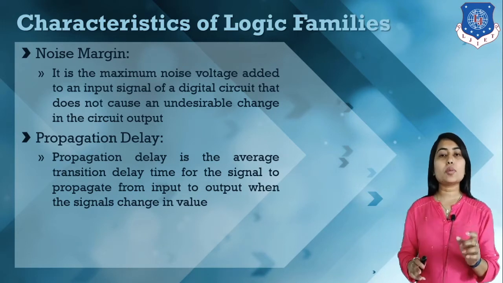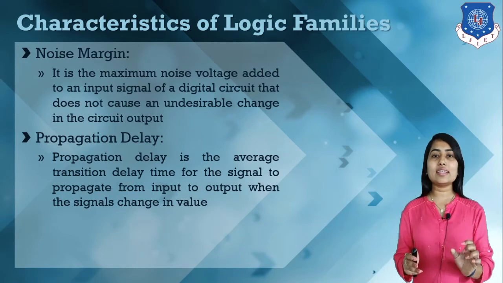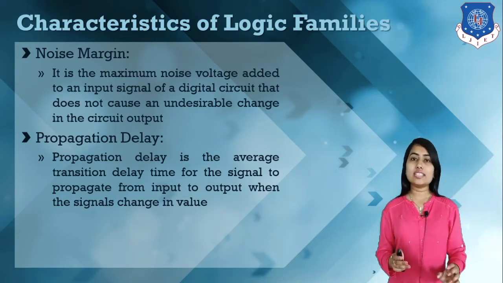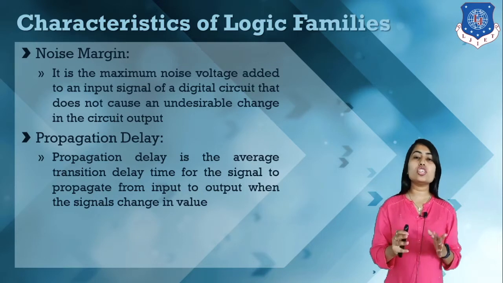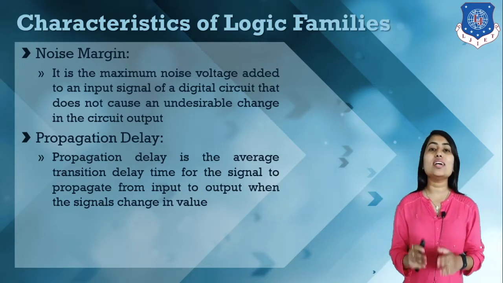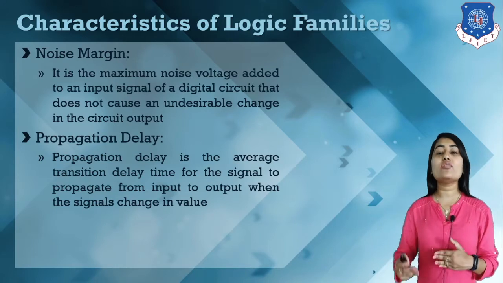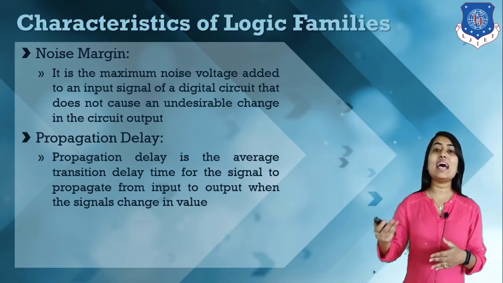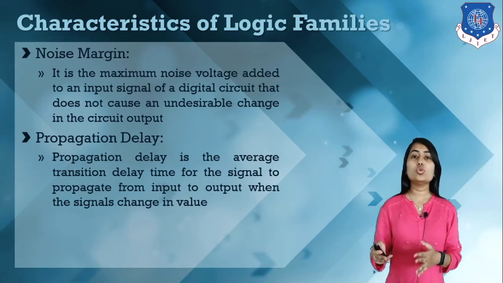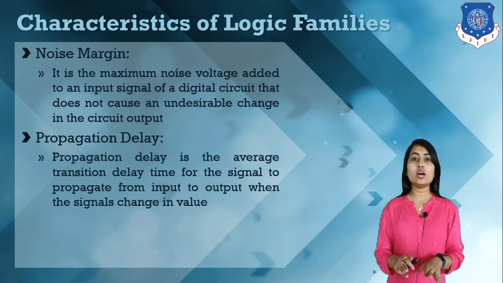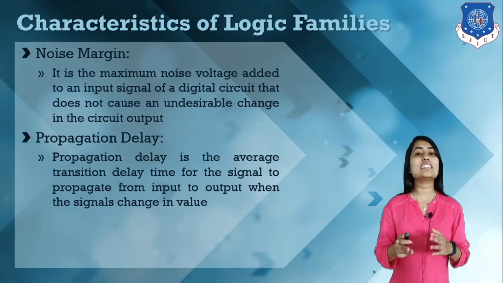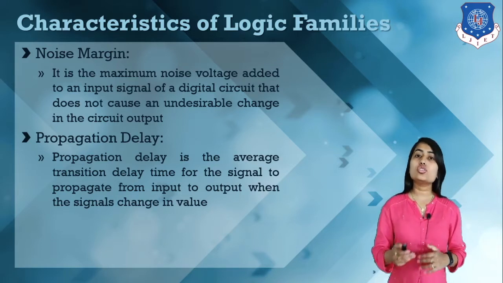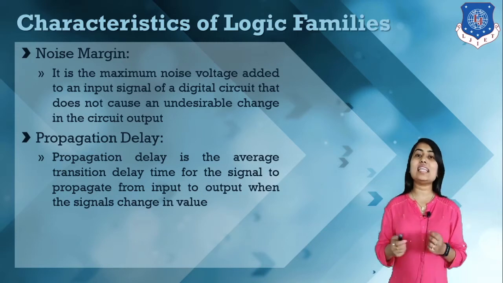Propagation delay is another characteristic used to identify which digital logic families are good. These are the 5 parameters to be considered when identifying which logic family must be used. We know that TTL and CMOS are very good at all these 5 parameters, so TTL and CMOS are the widely used logic families. Let's discuss TTL and CMOS logic one by one.